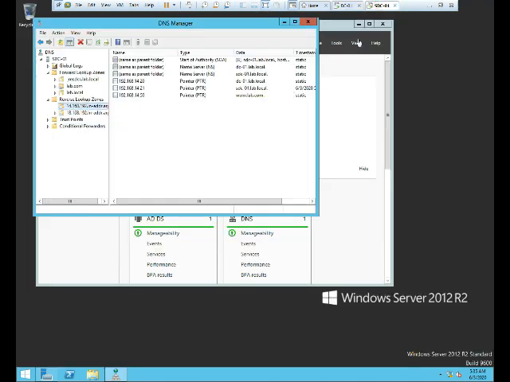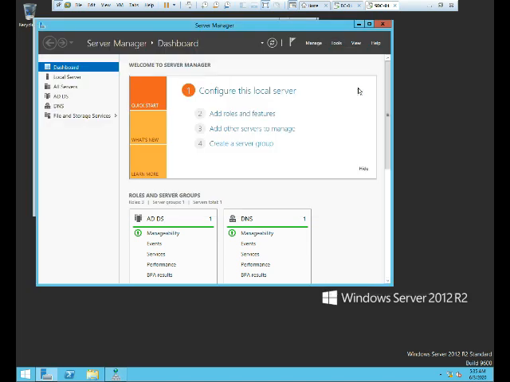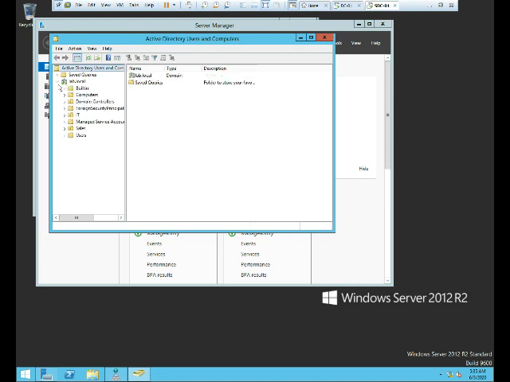Also we will open Active Directory Users and Computers. Here are the OUs, Sales, IT, and their users as well, Test, Sales1. As we can see, all the data has been replicated, and from now onwards, whatever changes you make in the primary domain controller or the second domain controller, if you make any change in the primary domain controller, it will get replicated to the secondary, and vice versa.